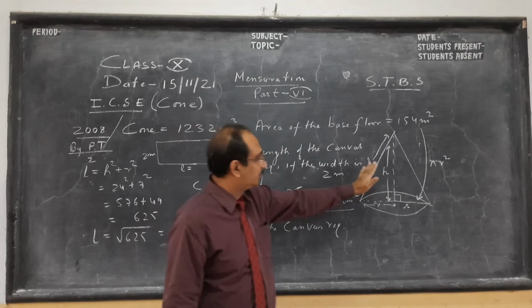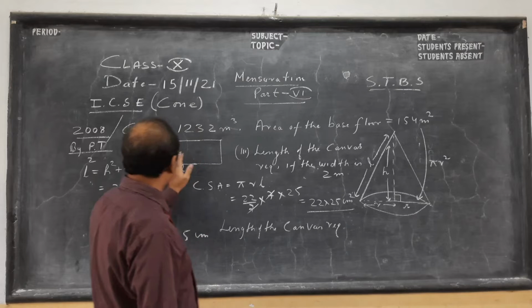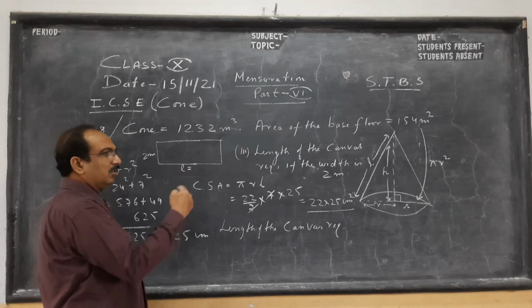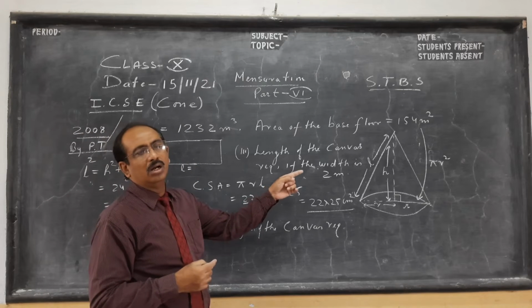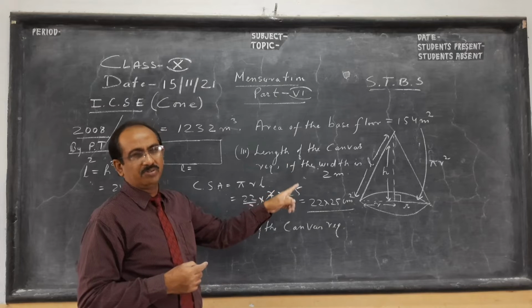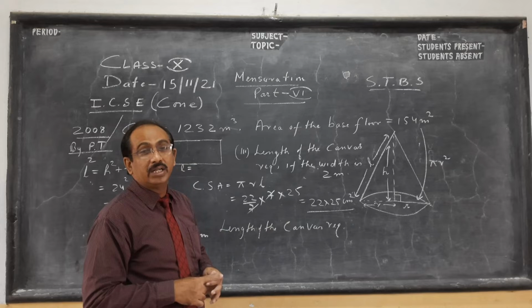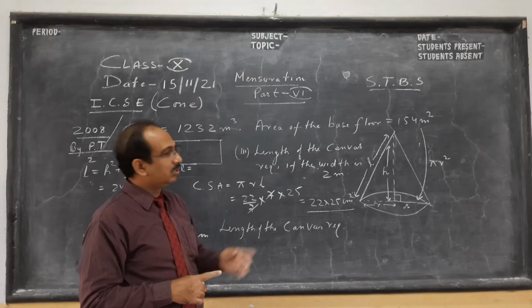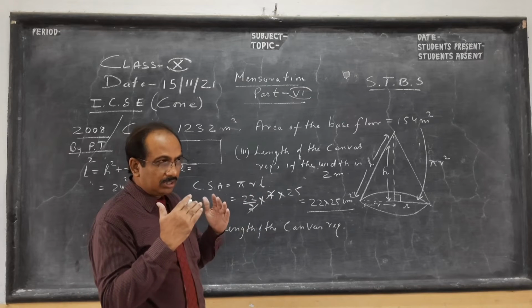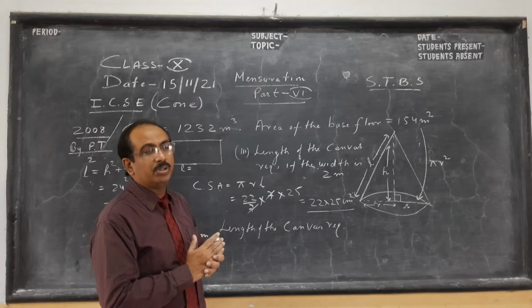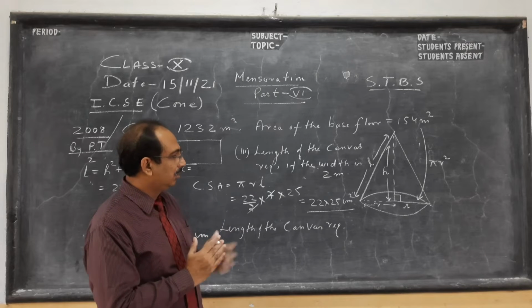In the earlier video I have shown you the curved surface area. So what is the length? You will have some questions where some cloth or canvas will be wasted in stitching. So one very good ICSE question is there, we take note of that. It is a curved thing, so some cloth will be lost in stitching and otherwise. So that we will see.